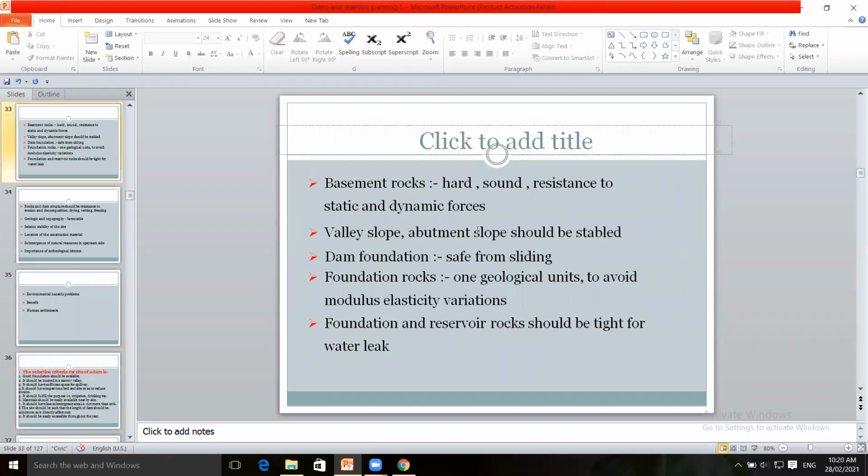Then we also have to study the basement rocks, the strata, whether it is hard or soft, whether it will carry the load of the structure. We have to study the resistance of the foundation of the dam against static and dynamic forces.